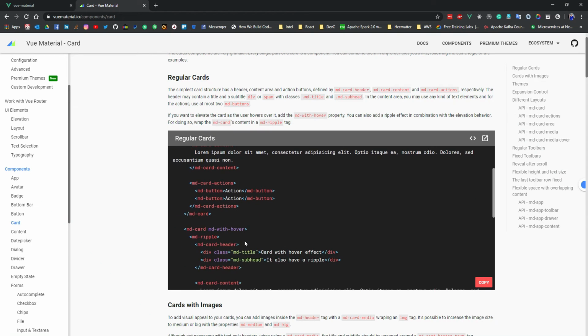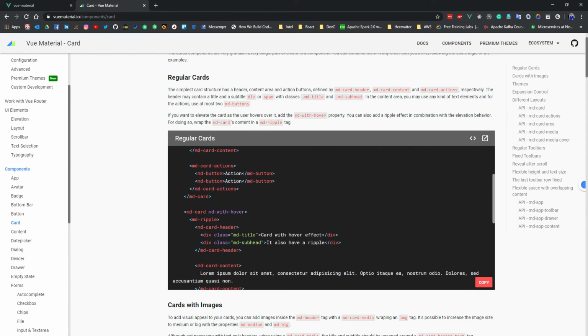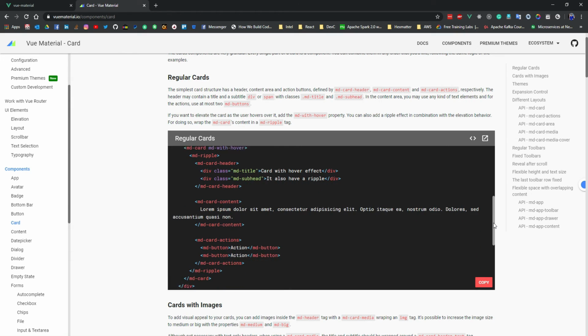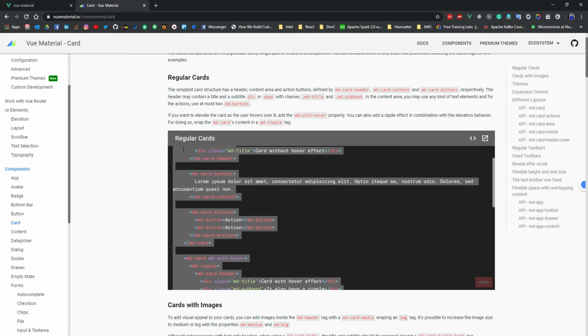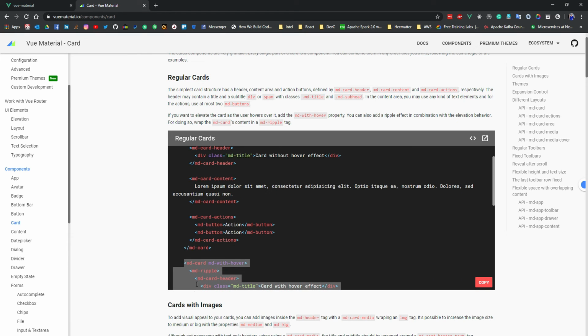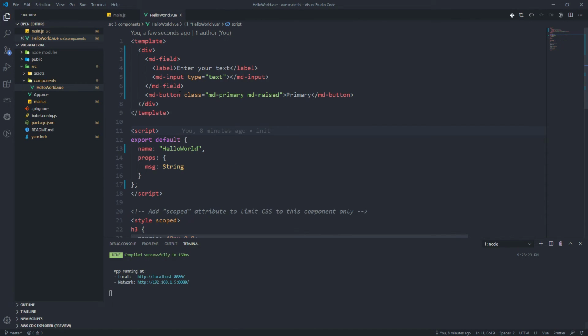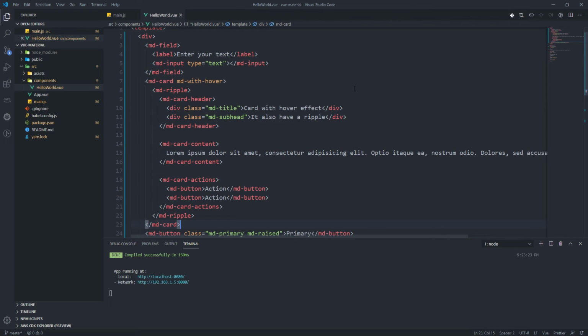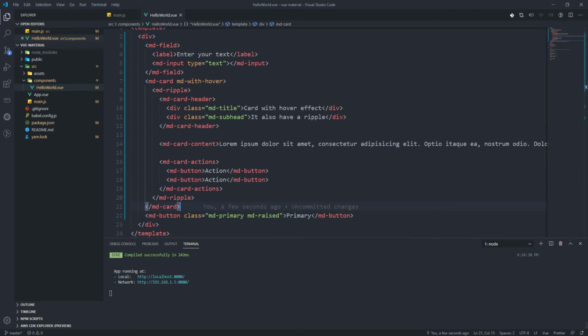I'm going to select a card from this one. I'm going to copy the code, my card. Then I'm going to paste it here like this and save the file.